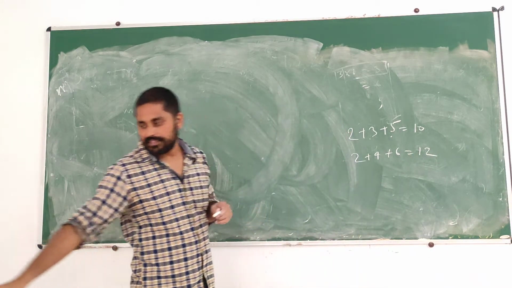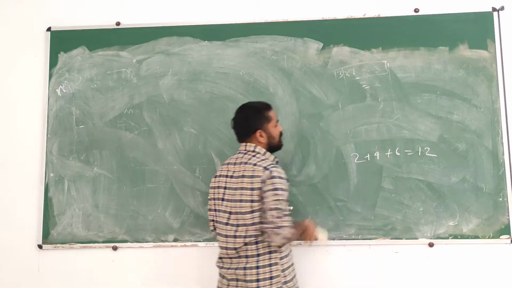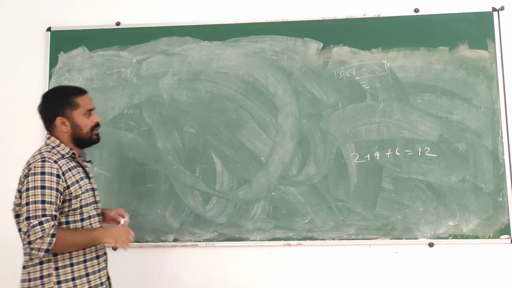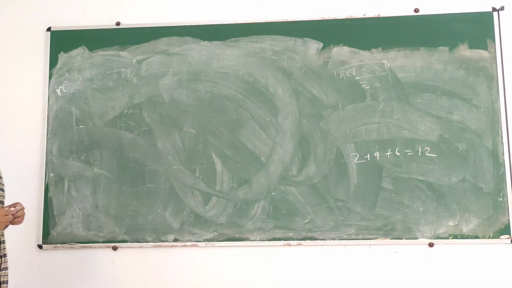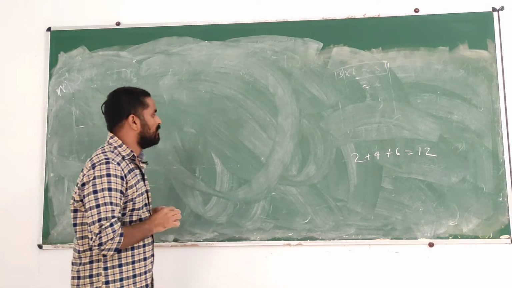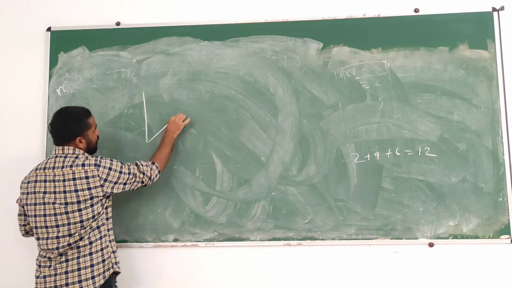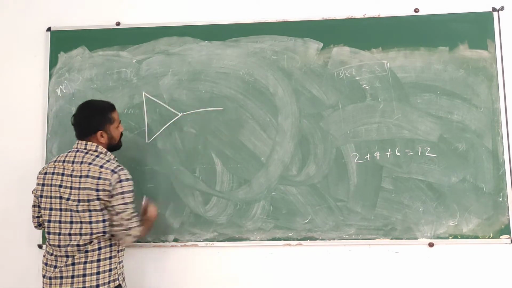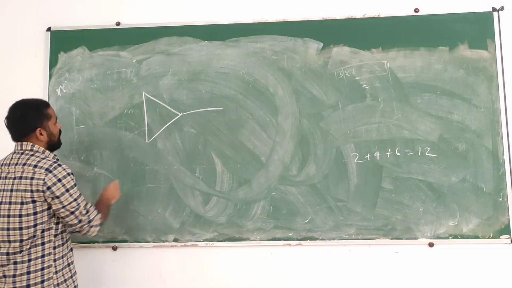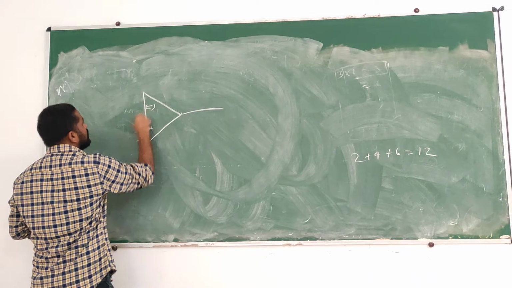Now taking this example, 2 plus 4 plus 6 equal to 12, we can do the upper one also, but we are taking the second one. How to sum this? It is very easy. Now how will we do it? Just look at this. With the help of inverting amplifier only. Now again we are taking the op amp, grounding. This is the inverting amplifier.